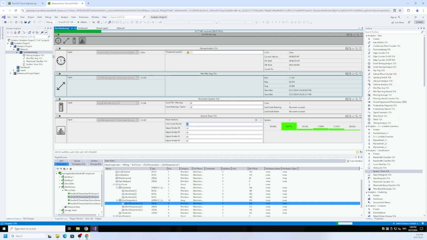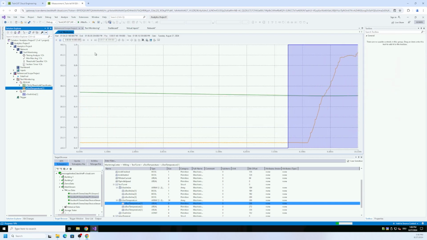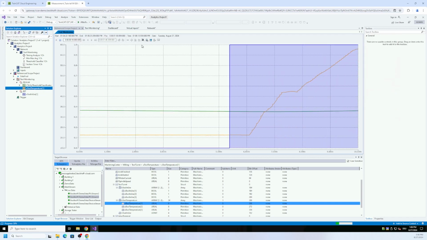And if we click on this button, we automatically add a scope configuration which is related to the configuration you have already done in TwinCAT Analytics. So you get here two axes in a YT chart. One axis is for the LREAL data types and the other axis is for the Boolean in this case. And if we click on that, we see here the scope data.